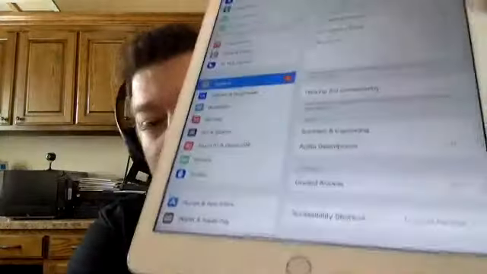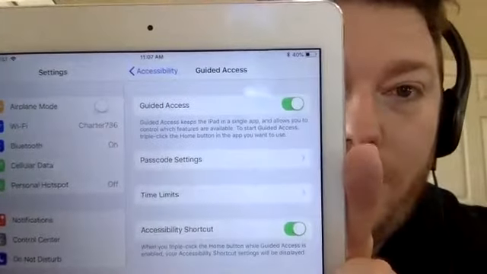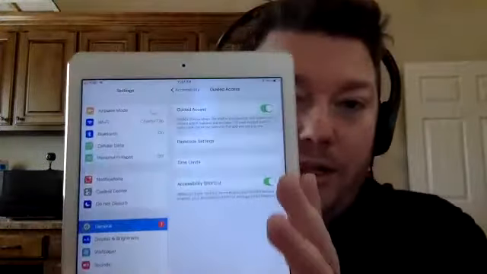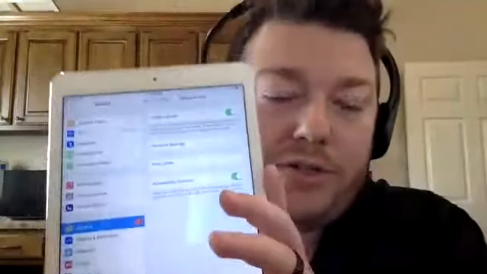After I click on Accessibility, you're going to just start scrolling down, okay? And when you scroll down, there is going to be a button second from the bottom. It's going to say Guided Access, all right? So you click on Guided Access, and now you have the ability to turn on guided access so you can use it. We have a little button at the top to turn it on. There's also a section to put in a passcode. So you can click Passcode Settings, put in whatever password that you want for that. As long as you turn that on and put in your password, you are now good to use guided